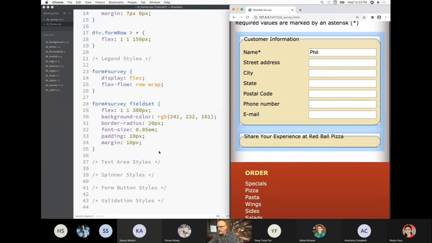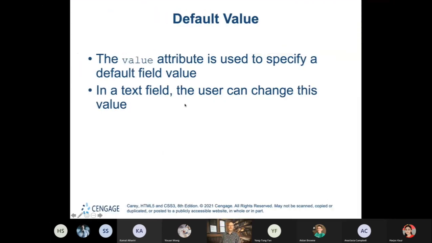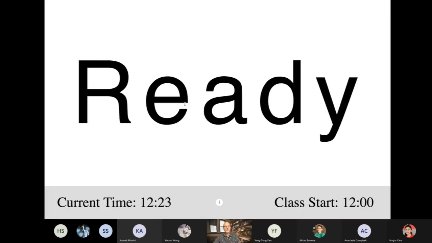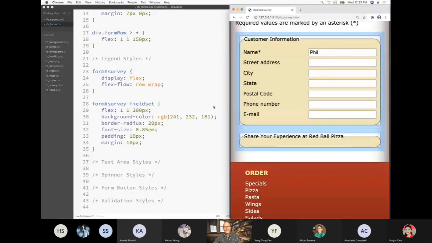Okay. Now, on the slides, we were talking about default values. So this is kind of where we are now in the book: defining default values and placeholders. We're going to look at these two things. So I mentioned these default values and placeholders when I showed you the original form. Where is it? It's gone. Okay. Anyway, so we